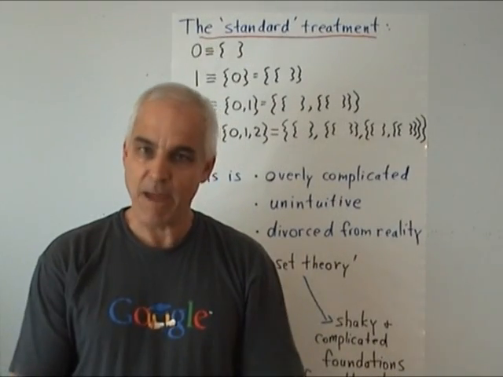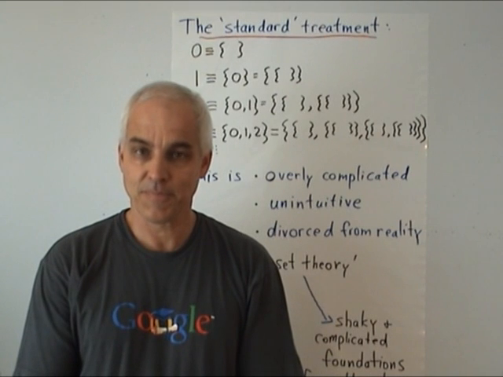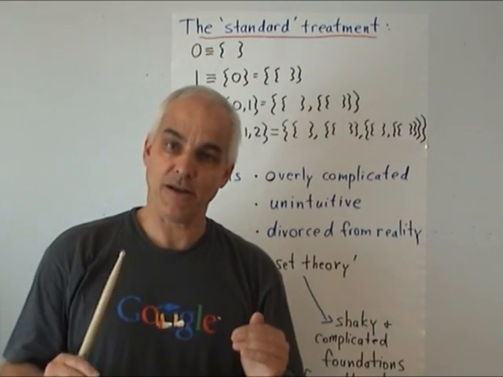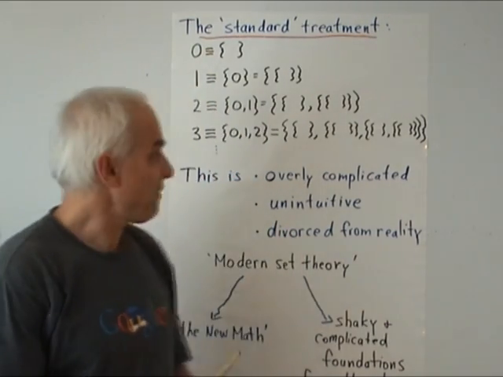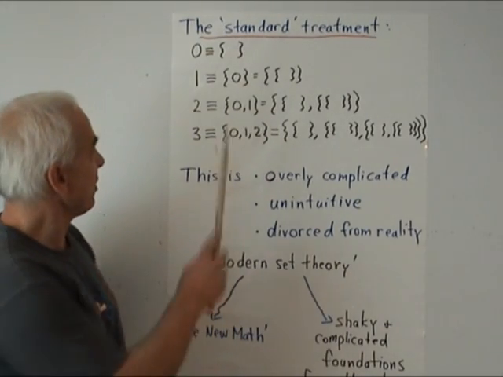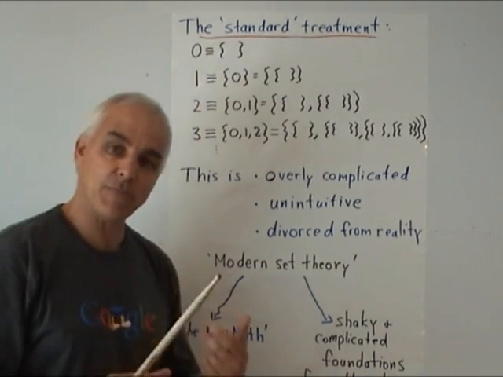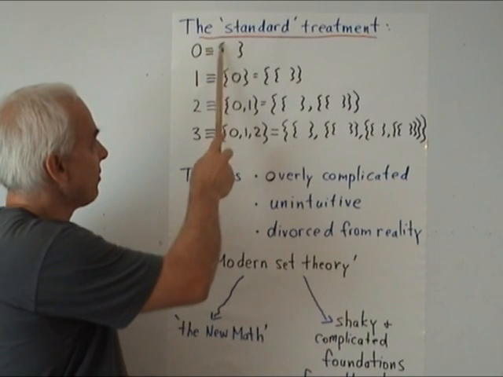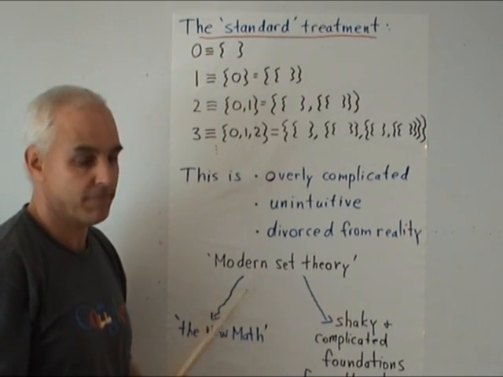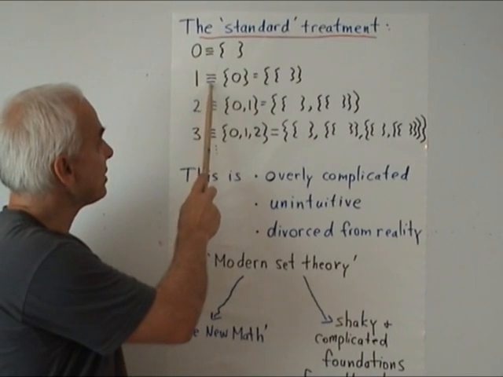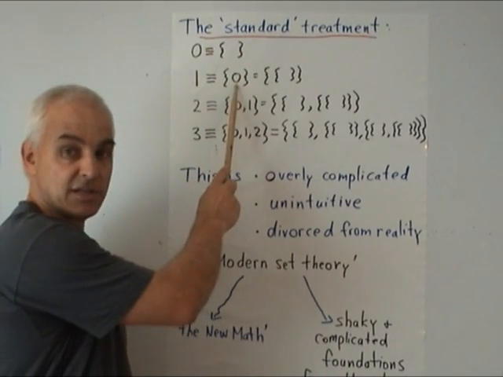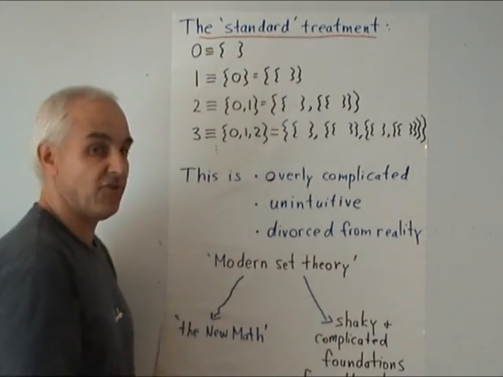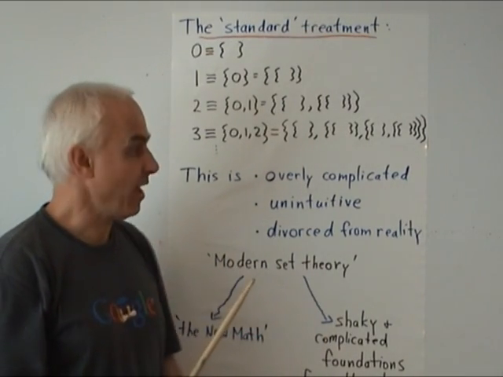So is this the standard way that mathematicians think about the laws of arithmetic? No, it's not. Most mathematicians believe that mathematics is founded on modern set theory. And they follow John von Neumann's suggestion that we should define the natural numbers in terms of set theory. 0, which we haven't talked about, but which represents nothing, is represented by the empty set. That's reasonable. 1 is represented by a set which contains one element, namely the 0 that we've just defined. So it's a set that contains within it the empty set. Also, we can't argue too much with that.